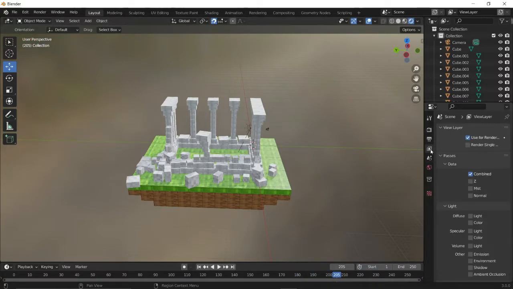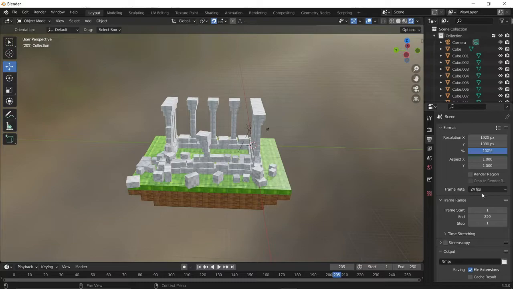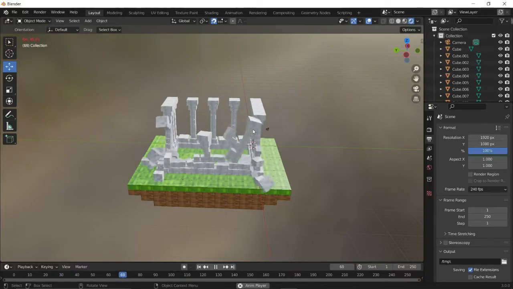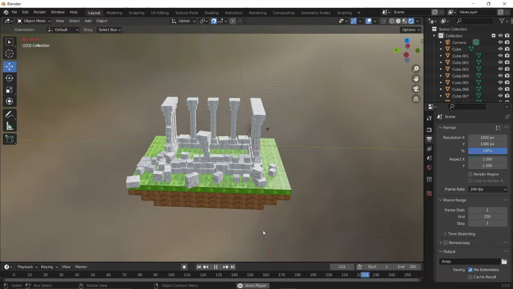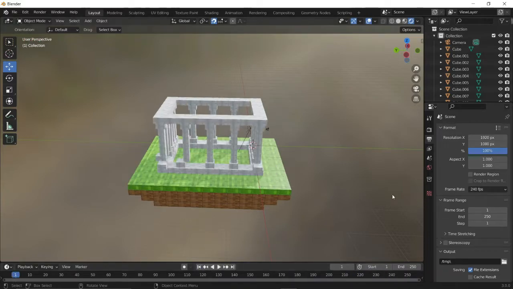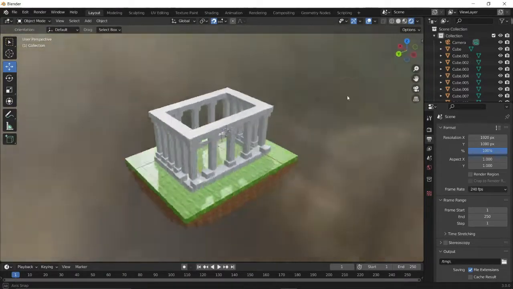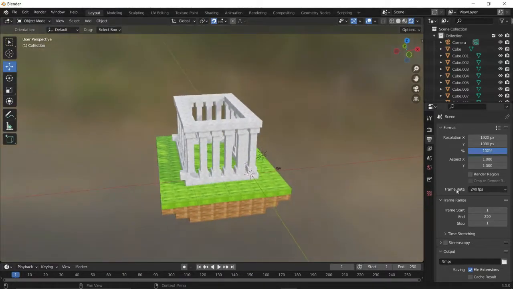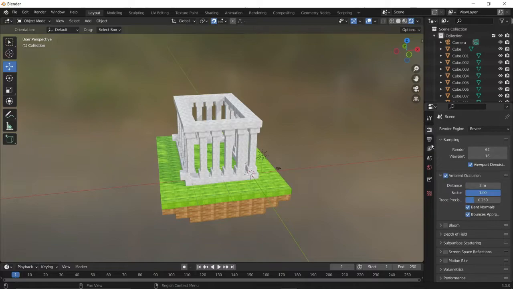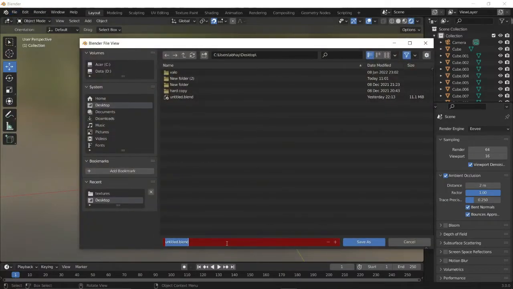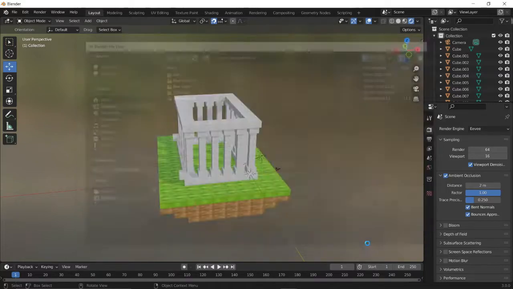Just want to check if everything is good. Just want to increase the frame rate once. Just see, it looks great with a higher frame rate, I guess. I'll just check if anything is missing or not. Yes, it's good. Save it. Thank you.